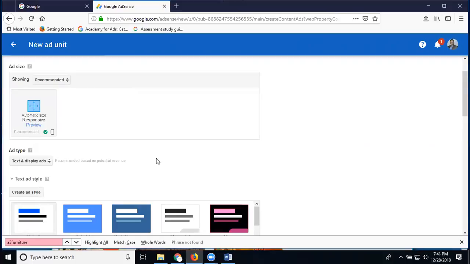Is it clear? If you create text and image ads, you create three types of ads: text ad, image ad, and text with image ad. Next one, in-feed ad. You can design it automatically from your page. Second will be manual style of ads. Third will be in-article. In in-article you can select your proper size and proper style. These are the three ads you can create in your Google AdSense account. Please note it.